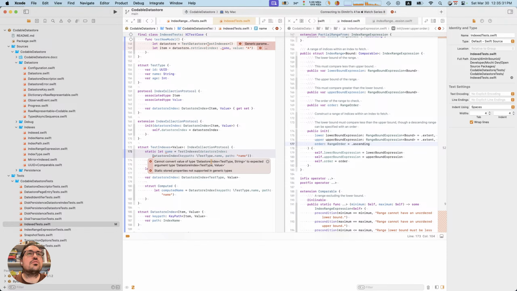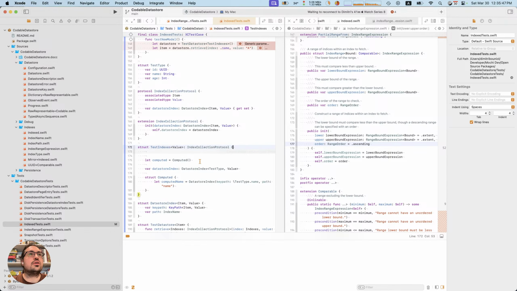Cannot convert value of type to expected. Static stored properties are not supported in generic types. I guess that makes sense. So let's move this to extension.